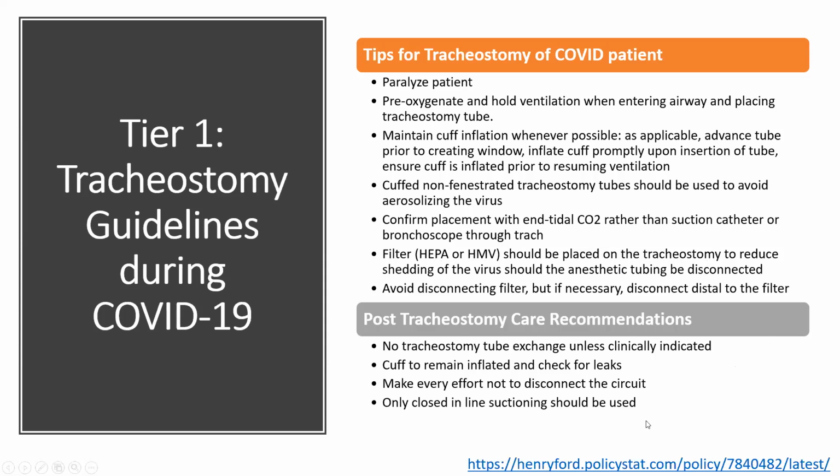Post-tracheostomy care, this is a big one. You have to think about the perioperative phase. You also have to think about the postoperative phase. The tracheostomy should not be exchanged unless clinically indicated. Most frequently, we perform our initial trach changes between day 7 and 10, as we anticipate the stoma has resolved by then. I'd imagine with these patients on high doses of systemic glucocorticoid therapy, it may take longer to do so. And the first change is essentially an assessment by the proceduralist to ensure that the stoma is healing well,